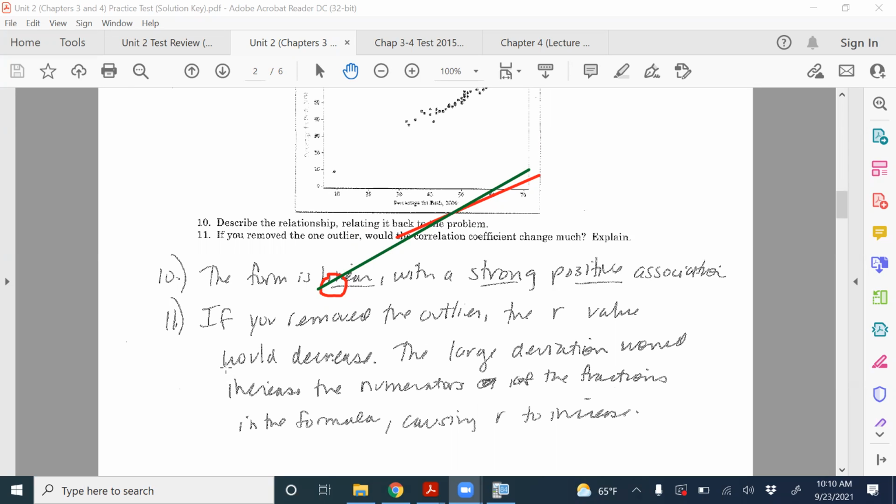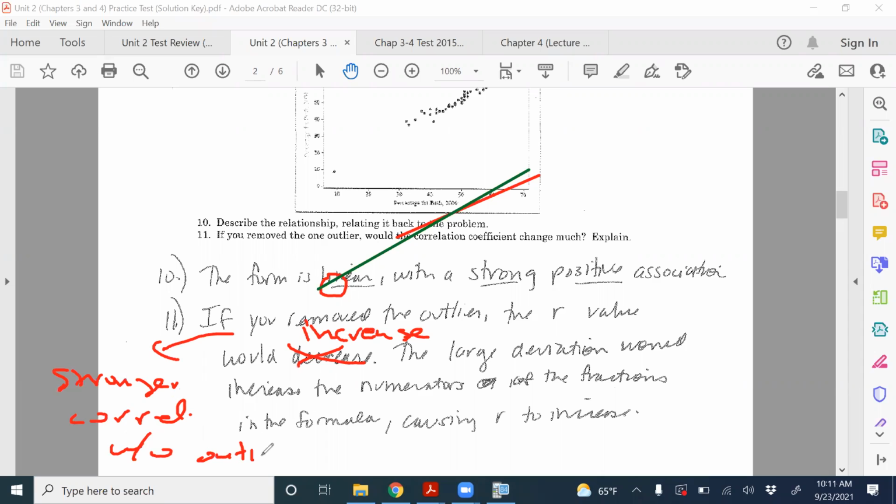The correlation coefficient should actually improve if you do remove the outlier. I'm not sure why it says the R value would decrease. Actually, it should increase. That's incorrect. It should increase because it's becoming more correlated. Stronger correlation without the outlier. So anyway,